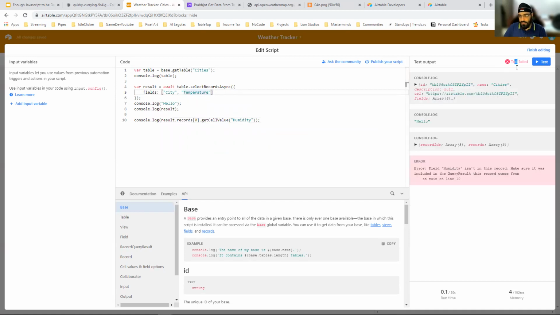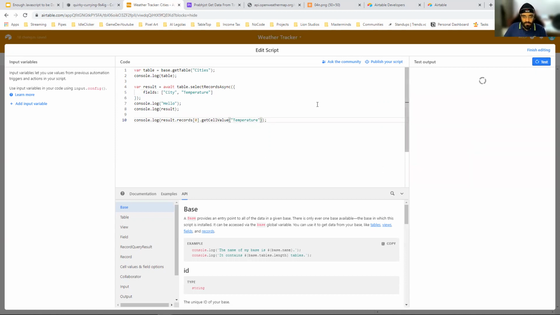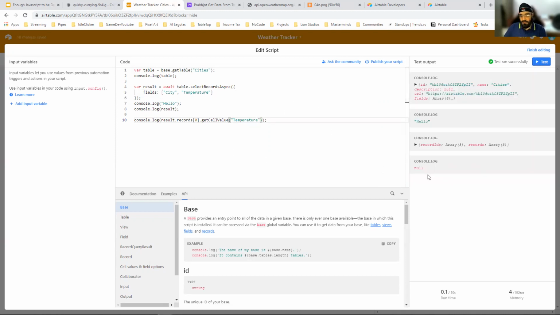You can see test failed, and it says field humidity isn't in this record. This is where it's giving me less data. But if I give it temperature, it will not throw an error. It will give an empty value because temperature is empty right now. So I get none.